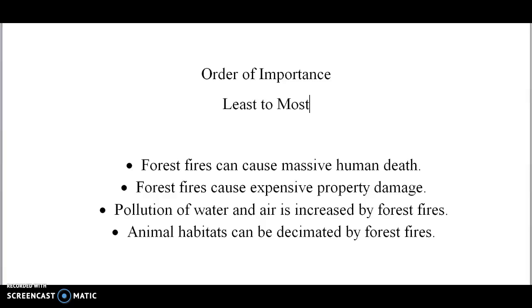Now, sometimes people think, well, let's start with the most important reason, hit them really hard with that to get their attention. Well, it's not a bad thought, and that's what something like a newspaper article does. The problem with that, of course, is if I start with the most important, something like, say, massive human death, and then I'm starting to talk about air pollution, well, it seems like kind of a drop-off, and if people are already concerned about human death, then they may not be that concerned that the water gets dirty. Even though it's still something that's of concern, it doesn't seem as big of a deal once I've started with